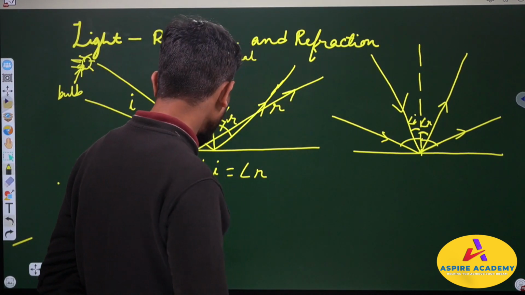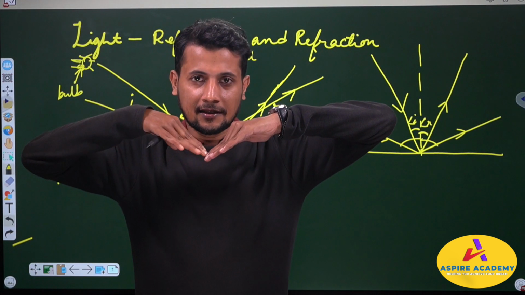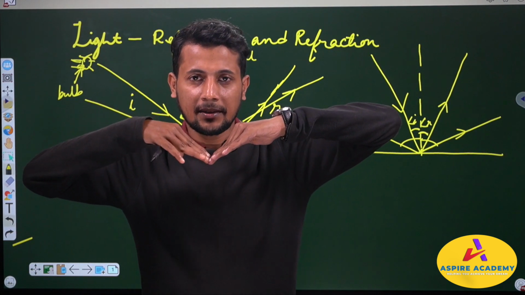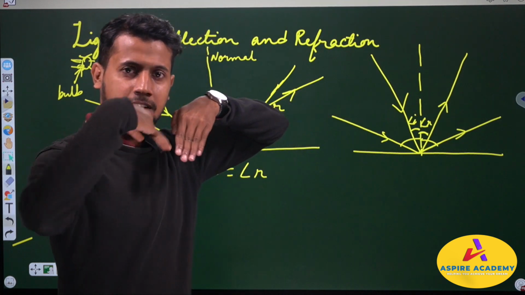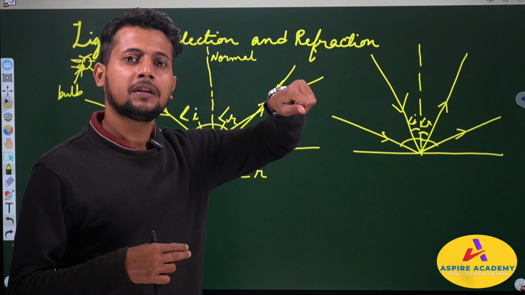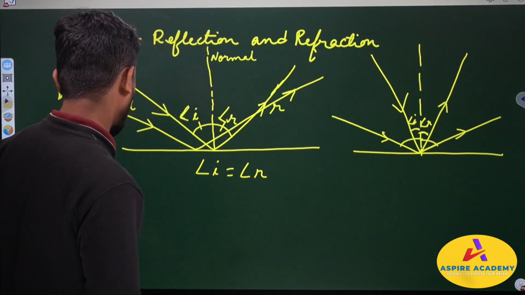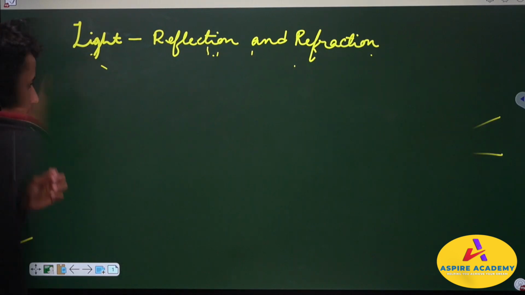Now, if this is the incident ray, this is the reflected ray. If I change the plane of the incident ray, that means if I put the incident ray this side, the reflected ray will also turn this side. Understood? So the reflected ray totally depends upon the position of the incident ray on the mirror. Clear? Okay. Next,